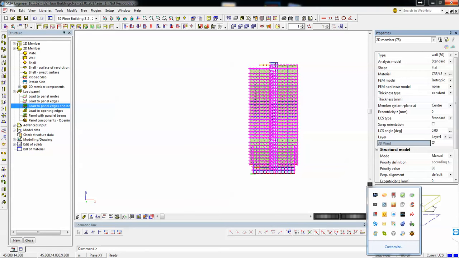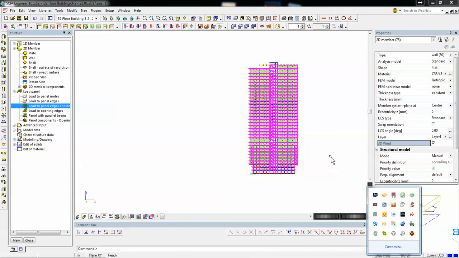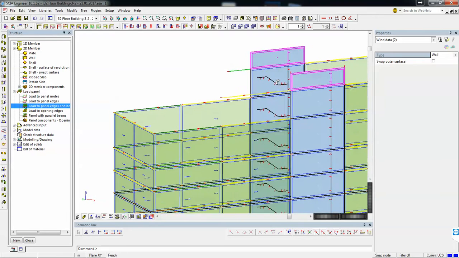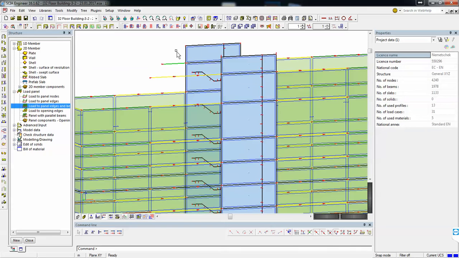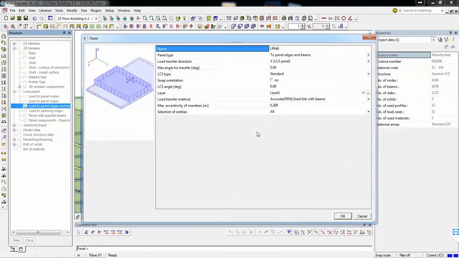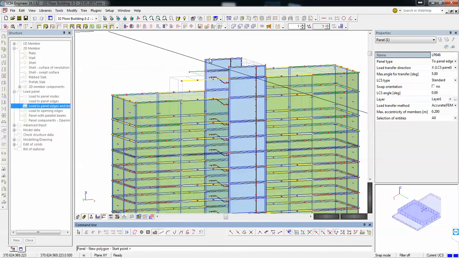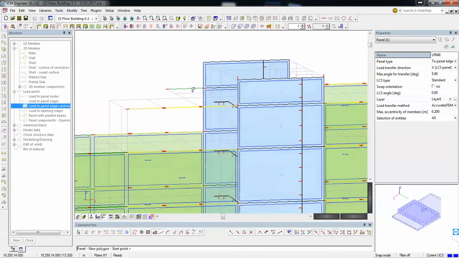I'll wait a bit. Okay, now do you have wind also on this, right? They are acting also on this top side. I will have to create some panels here as well. So let me see how the structure looks or continues in this area. Okay, so we'll also need to do an enclosing here.